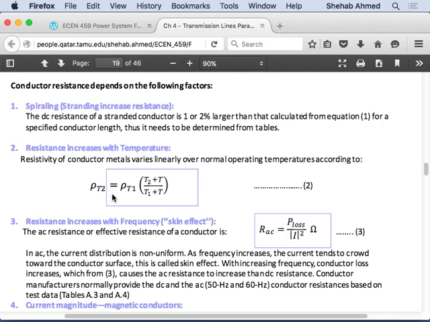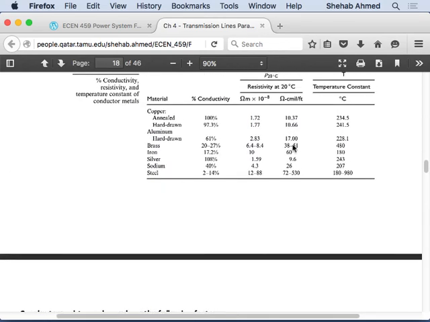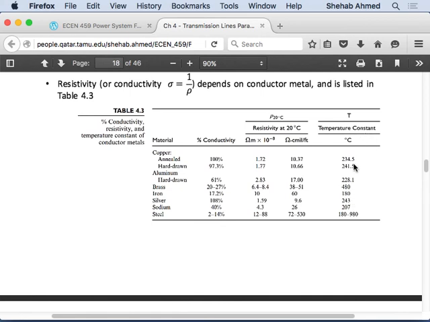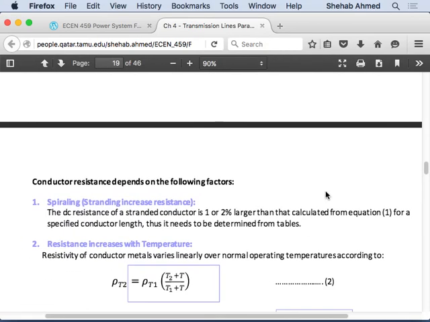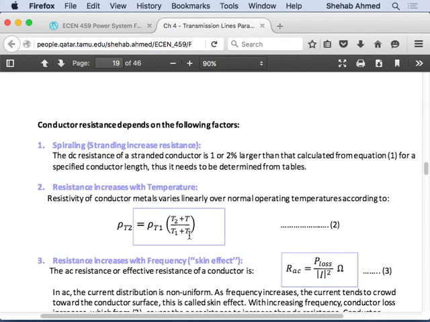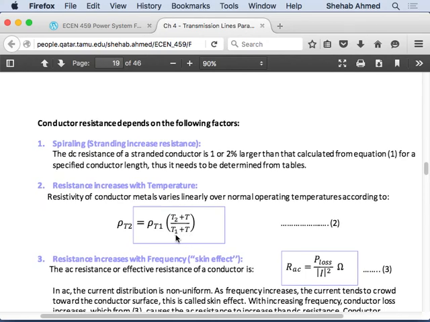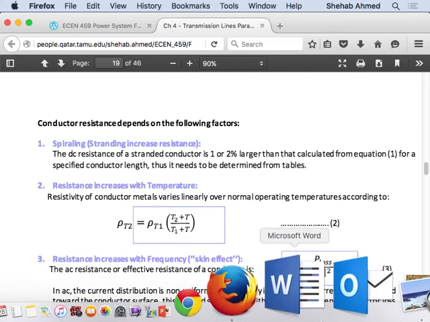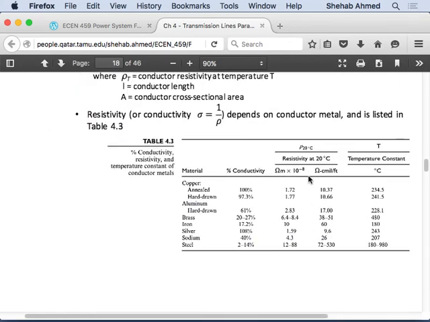You will change the resistivity based on temperature, and this temperature constant T is from this table. For annealed copper conductor, T is 234.5 degrees C. This is the T that you would plug in here. This is the original resistivity at T1, which you will get from this table. For example, this is the resistivity at 20 degrees Celsius, so T1 would be 20 degrees Celsius. T2 would be